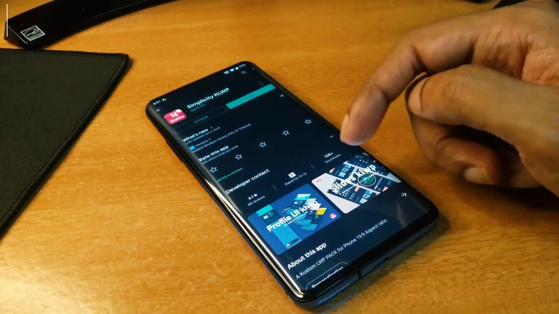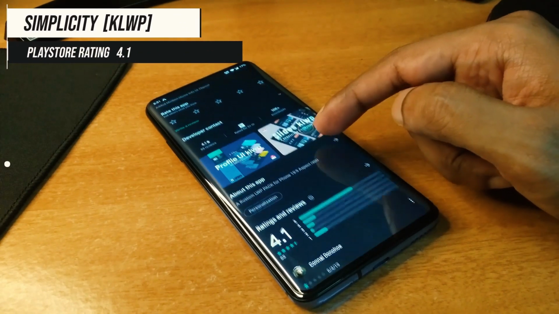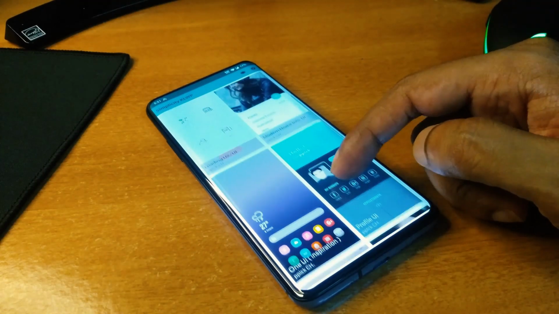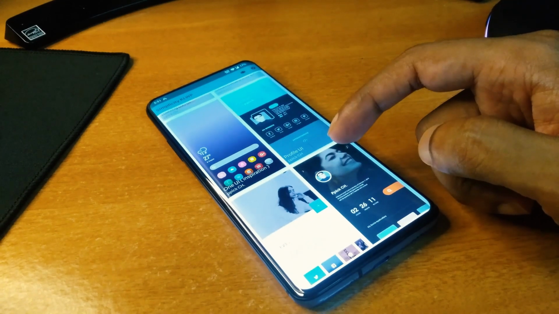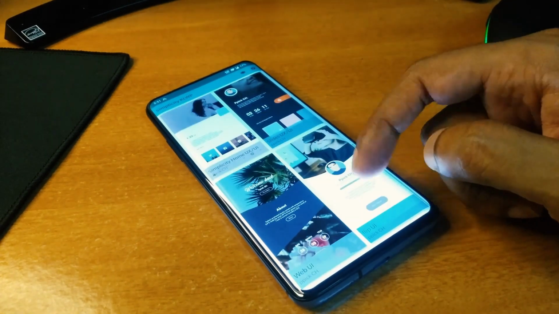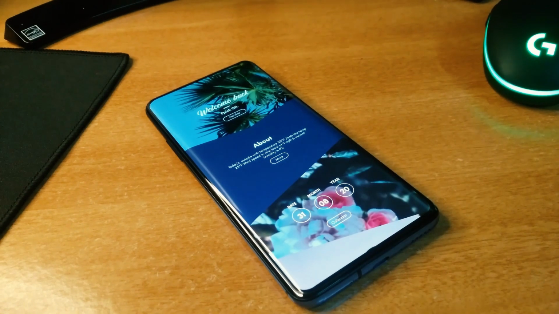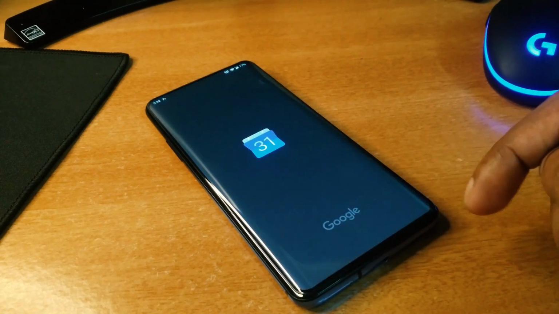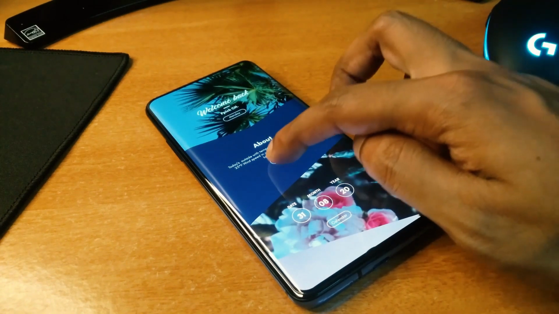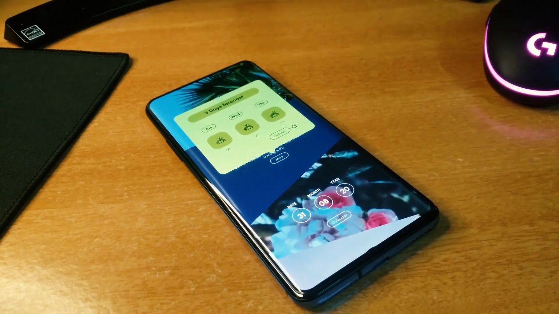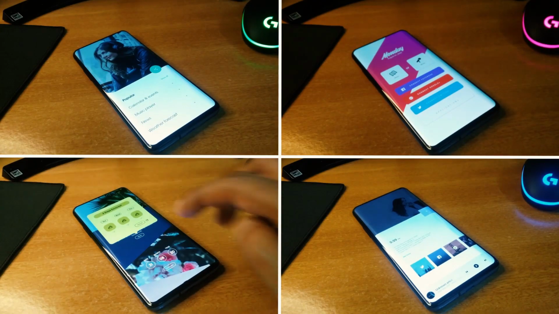Third in our list is the theme named Simplicity, and it has a 4.1 rating on the Play Store. There are 10 presets in this pack, and most of them are excellent to look at on any phone. The themes are mostly based on light color and material design, which is surely going to help you get a beautiful